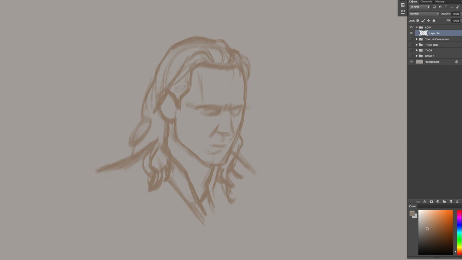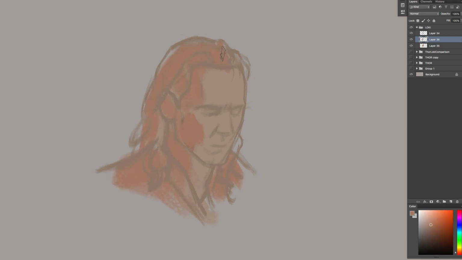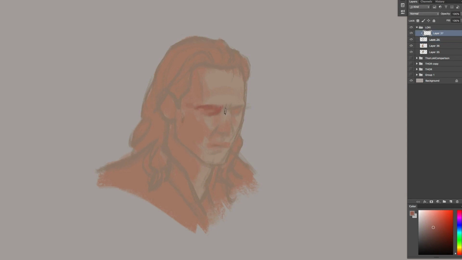You put them down because this is what you think it looks like at this moment. You're measuring, you're doing the best that you can, but throughout the painting process, you're going to find that you've made mistakes, or you've measured it wrong, or now that you're painting other parts, you need to adjust. So I'm always adjusting. And just like before, I'm trying to get to color as soon as possible. It's the way I like to approach paintings. Instead of spending so much time doing a clean line drawing, which is a valid way to approach painting, I tend to like to get to color and figure out the drawing and the painting all at the same time